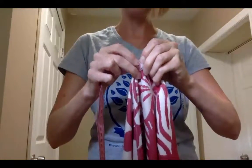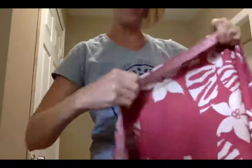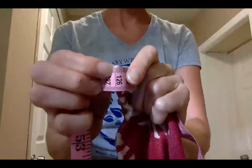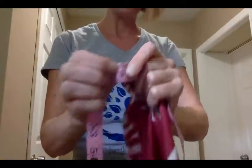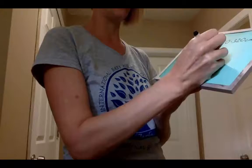Going to start again and continue to the end of the wrap. And when I get to the end, I do go from one point to the other point. I get 126. So that was 426